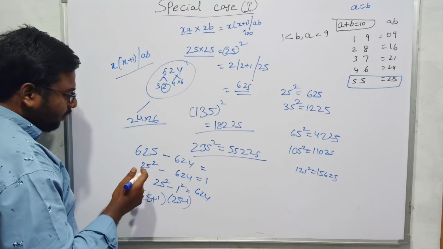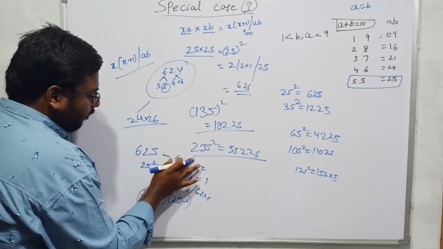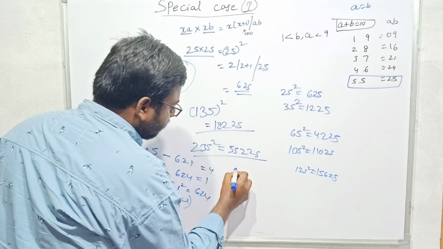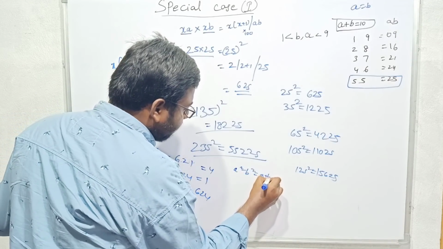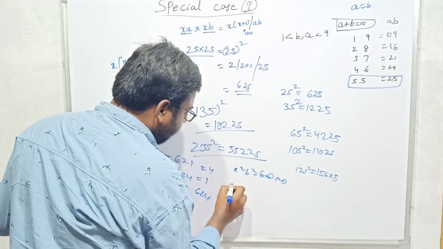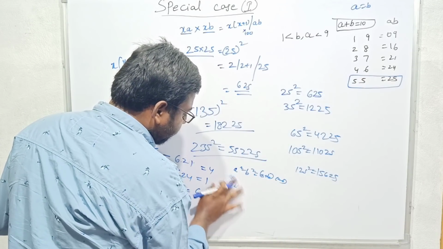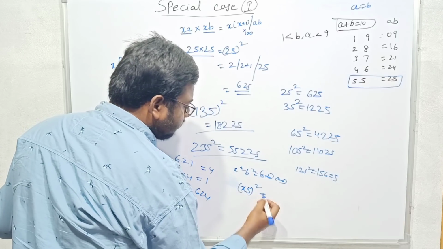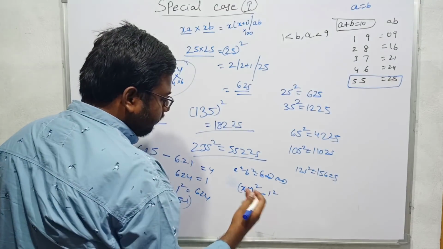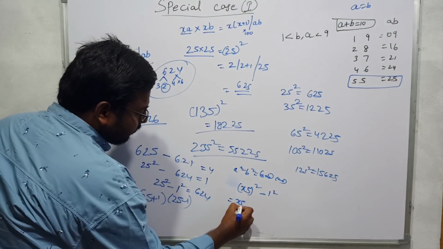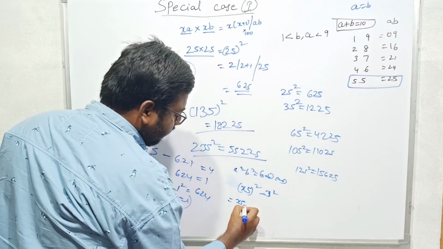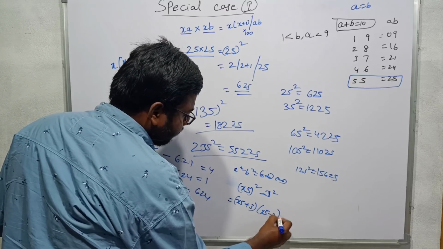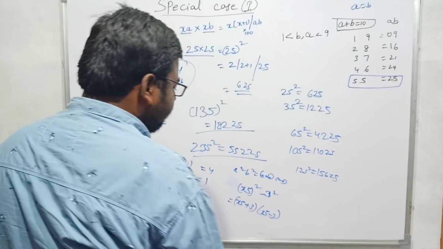Let us check. For example, if I have to take the difference from 21 I will get 4. This is nothing but 2 square. That means a square minus b square is always a plus b into a minus b. If I have to calculate, for example, 25 square, for example, any number ending with 5, x beside 5 whole square minus 1 square, 2 square, 3 square, 4 square, I can write that one as x5. If it is 3 square, I can write this as x5, x beside 5 plus 3 into x beside 5 minus 3. So I will get the two factors of it.